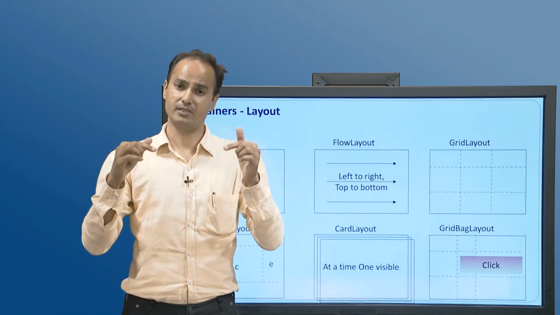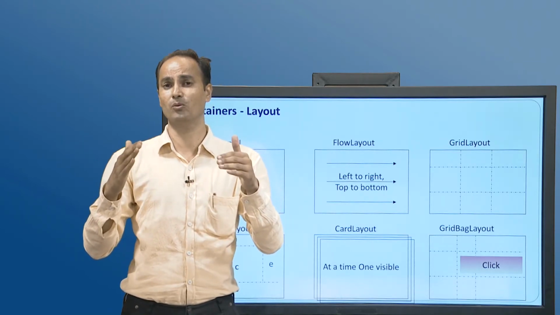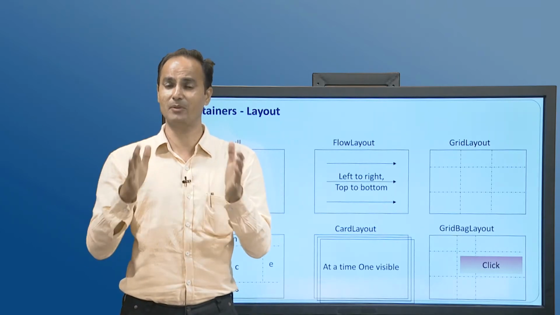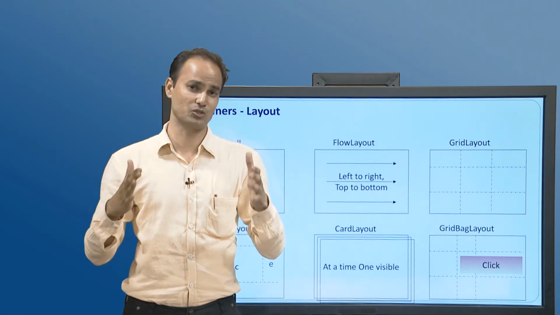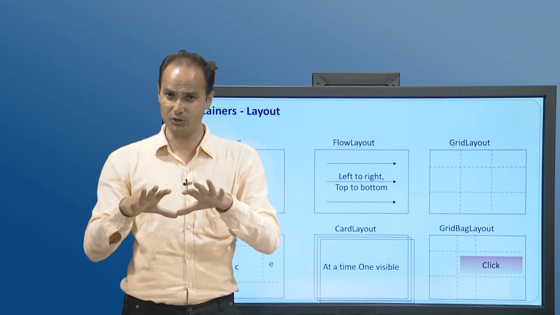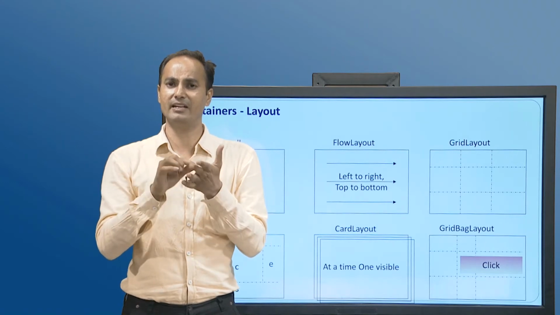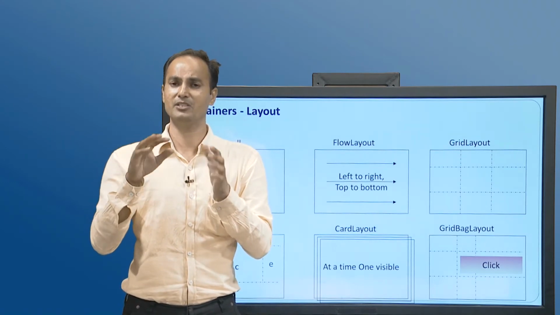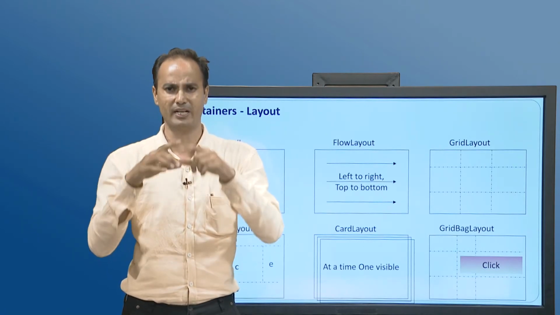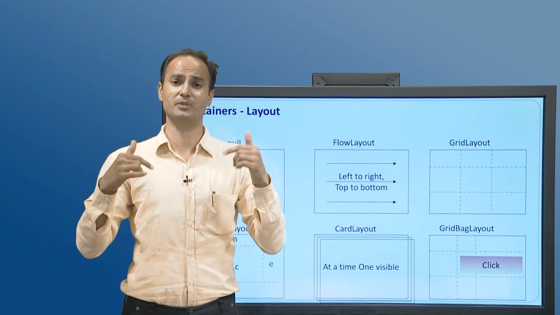That is all about the layout manager's task, but sometimes the user wants to arrange the components on their own without using the layout manager. So what to do? There is another mechanism that allows developers to arrange the components on the container as per their requirement without using a layout manager. For that purpose, we first have to set the setLayout method to null. That means we are indicating to the container that we are not going to use a layout manager for arranging the components on the container. Instead, we are going to arrange the components as per our requirement.